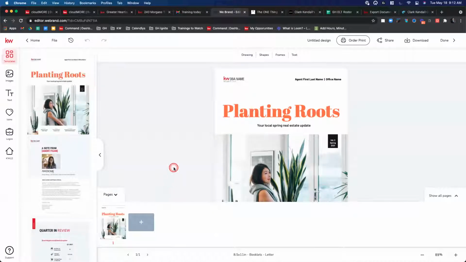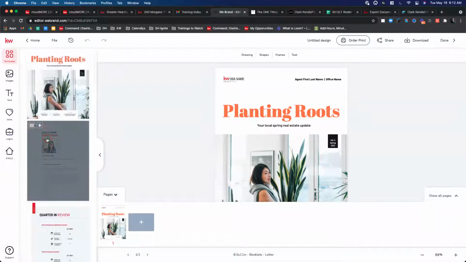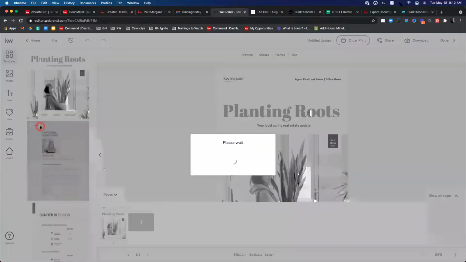So what I'm going to do now, I'm going to choose my 16 pages, or you don't have to choose 16 if you're digitizing this. You can make it 7 if you want, it doesn't matter. But we're going to choose the pages that we want. So from here, I'm going to go, this is a little note, a note specifically from you that you can customize. So I'll go ahead and add that one.